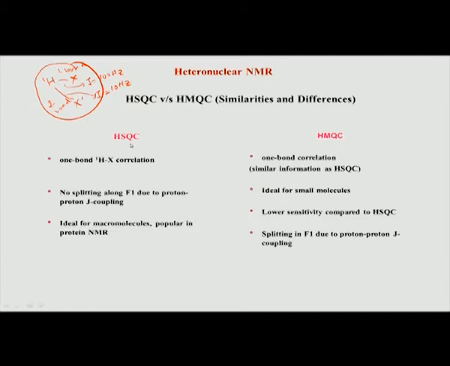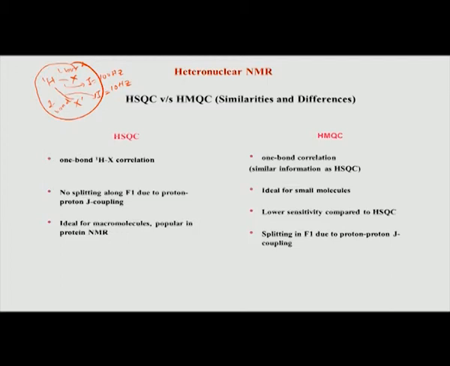And there is another reason why sensitivity is bad for HMQC. As far as overall sensitivity, if you give a rank, HMQC comes second, next to HSQC. Number 1 is the splitting problem, number 2 is what is called the relaxation problem. The multiple quantum coherence relaxes much faster compared to a single quantum coherence. That is why multiple quantum is less sensitive compared to single quantum. So we prefer HSQC for biomolecules, where the molecules are very large in size.